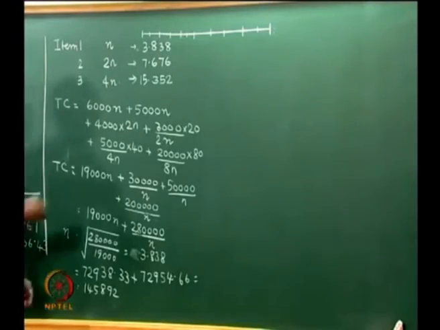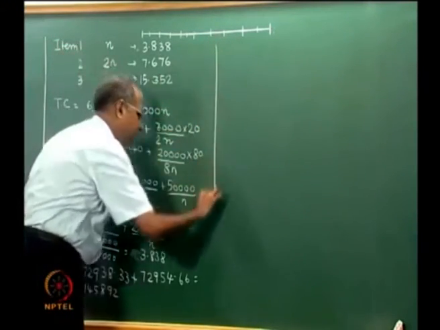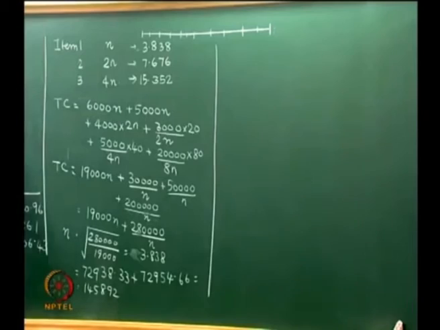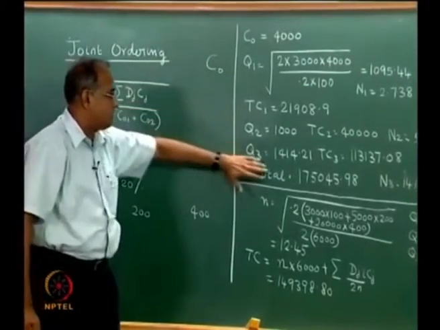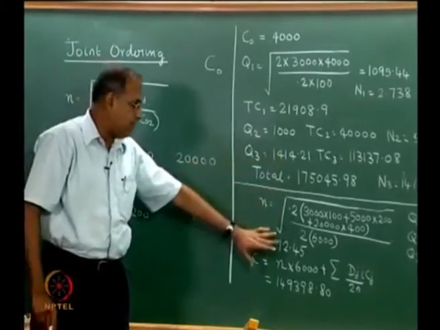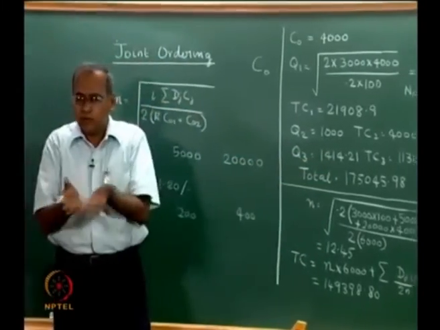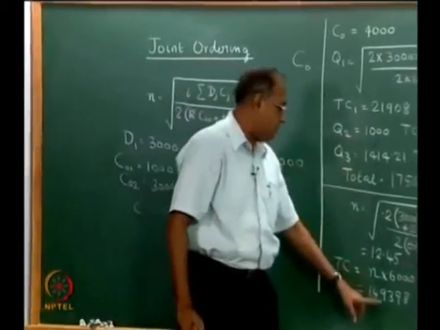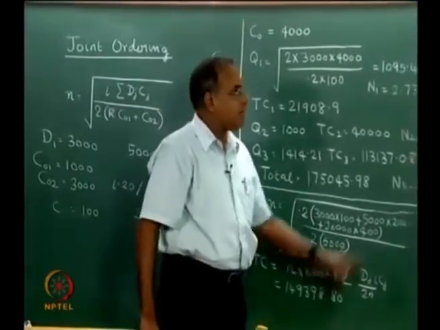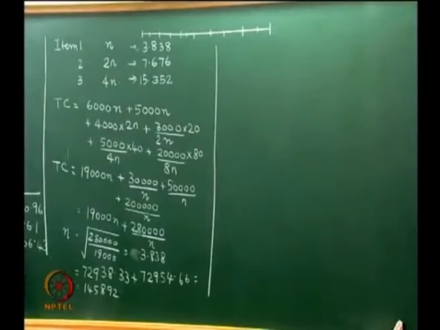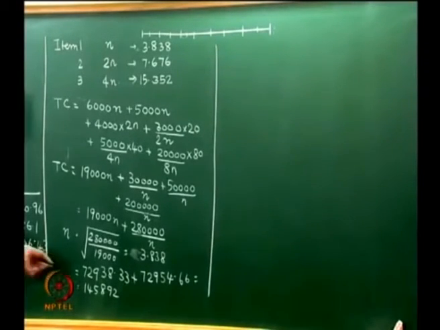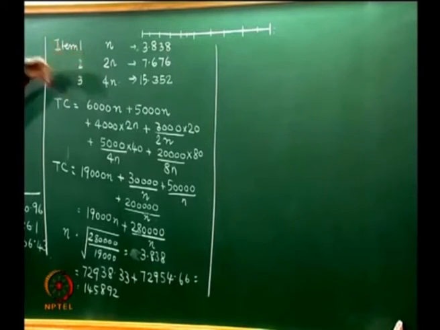But then we ask ourselves another question. We first worked out based on individual ordering quantities, which is here 1750. Then we worked out assuming that all of them will have an equal number of orders, which brought it down to 1493. Then we worked out with unequal number of orders, and found a small decrease that could perhaps help us in a little more control of the order quantities. The number of orders will be different. Now the next question is, if we do